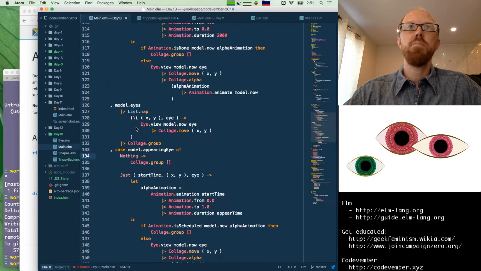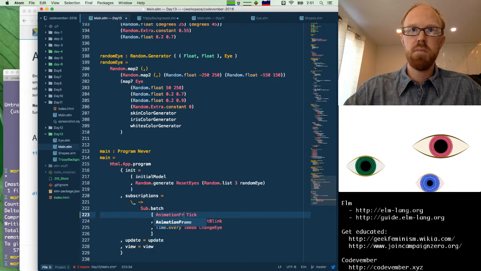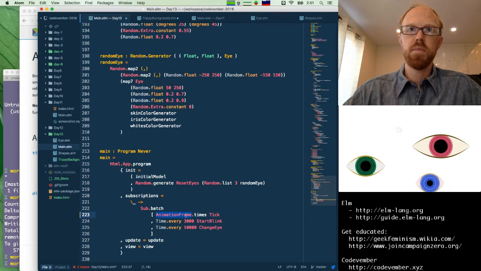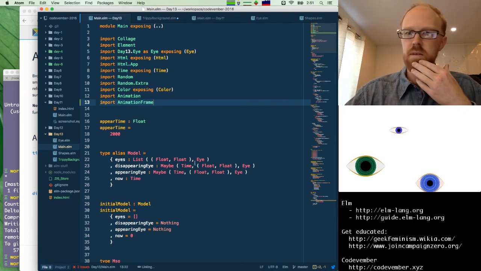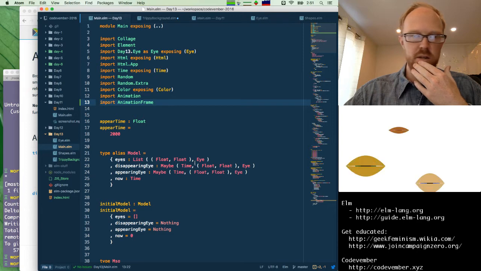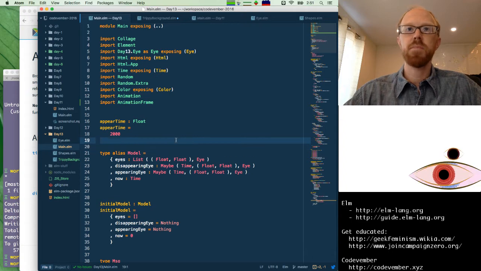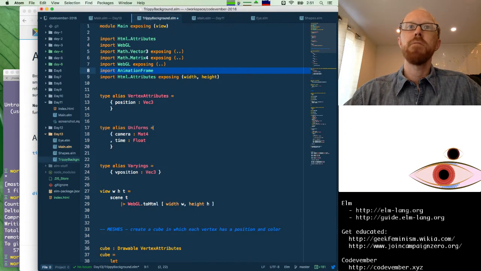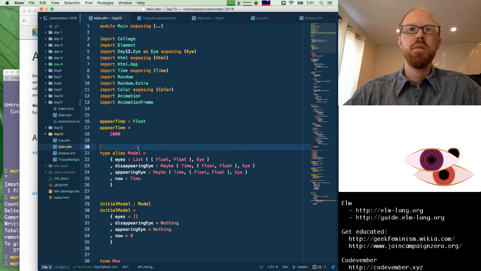Okay, so we'll fix up our main in day 13 for our subscription. So rather than time.every for the tick, we're going to use animation frame.times, and we'll import animation frame. And that should actually be better for our app anyway. Then we've got our trippy background. So let's see if we can stick this in now. So in our view,